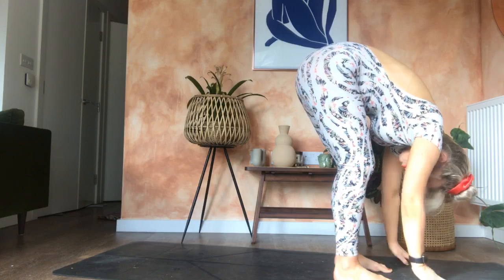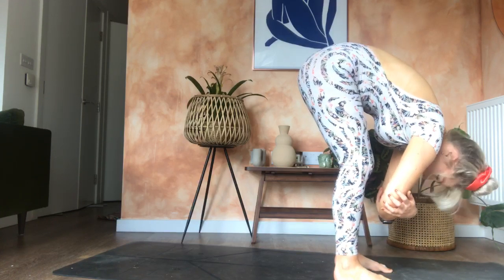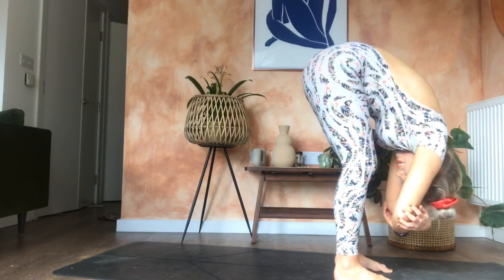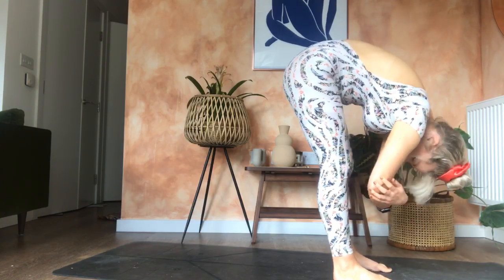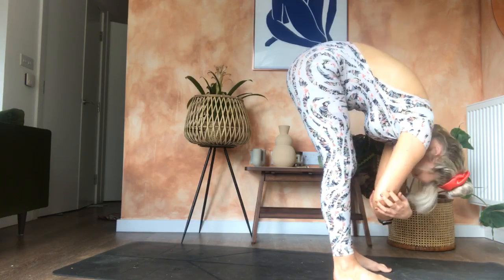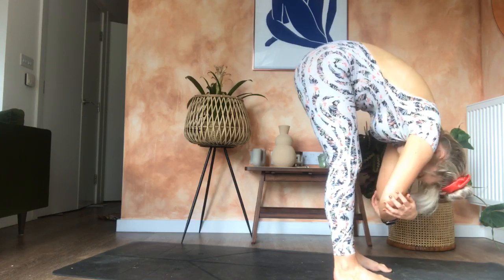The hands can be free, the arms can be long, or maybe you want to take opposite elbows here. And let the head be heavy, so try not to look up, just release the neck. Maybe give a couple of shakes, yes, couple of nods. Yes, even shakes, no. Just take a few moments. And when you're ready,